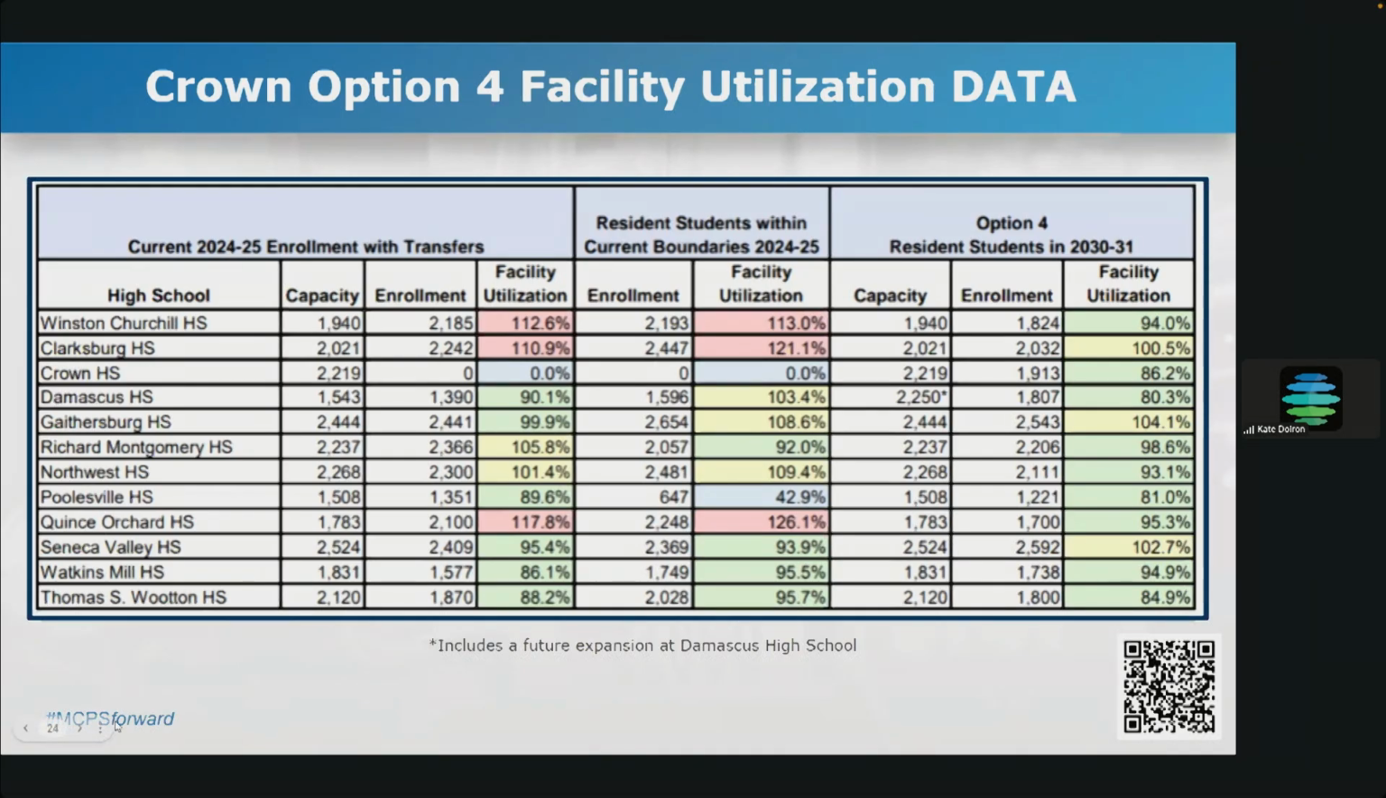Please note that the historical transfer rate data with consortia structures and programs was not considered in this initial round, but those program placeholder seats are being held at Seneca Valley High School for programs that are not as easily replicable, such as the automotive program. In option 4, the facility utilization will be between 80 to 100% for all high schools in the boundary study